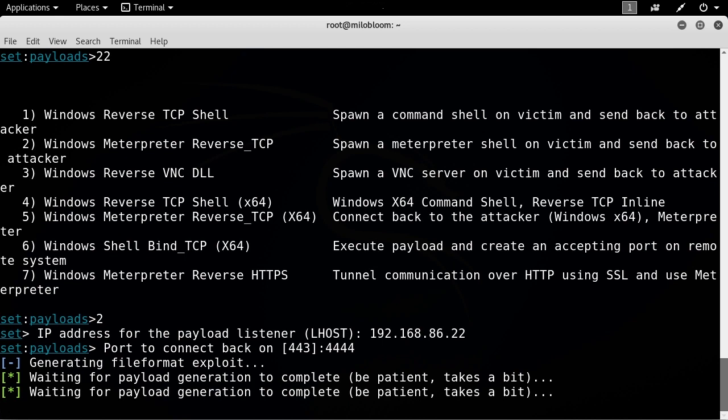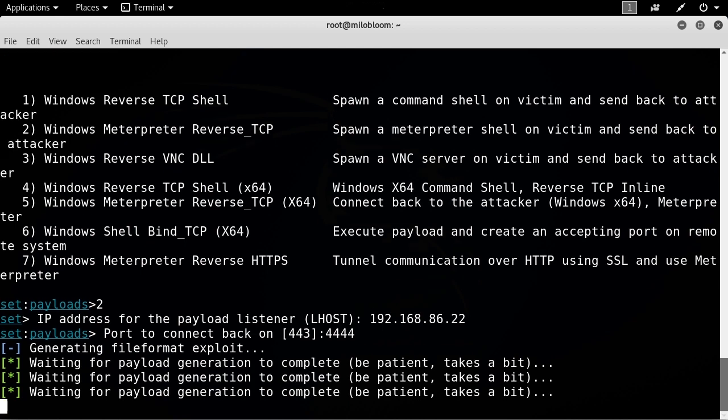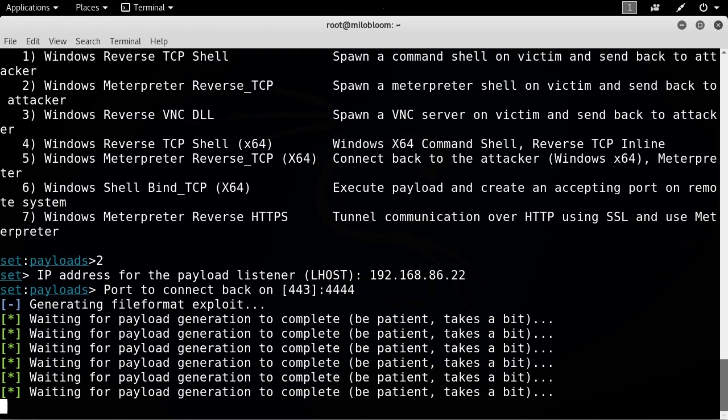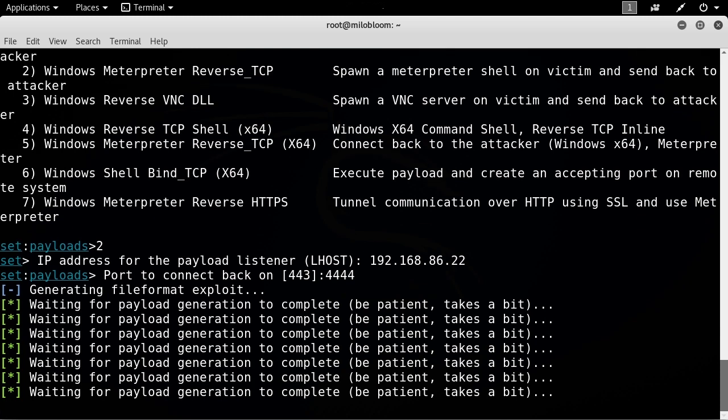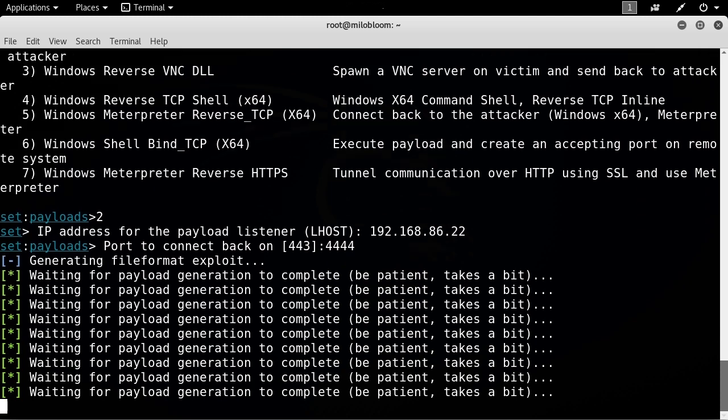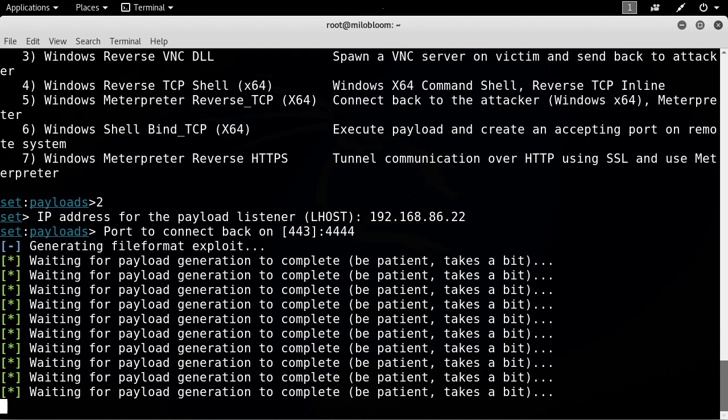So what we're doing is we're building a payload that is going to be injected into a file that we're then going to send off to our target. Once the payload generation is complete, we can go and walk through the remainder of the process of sending the